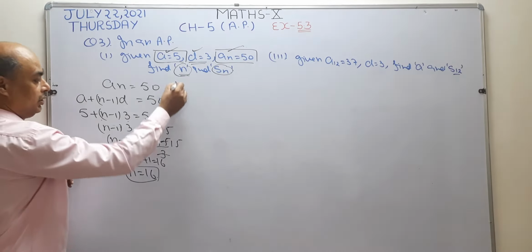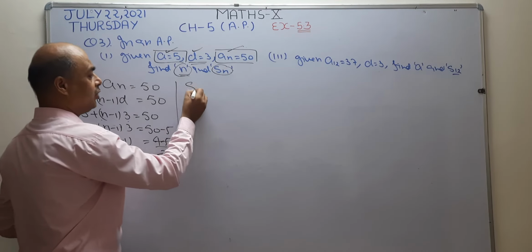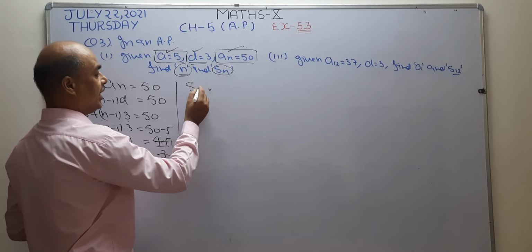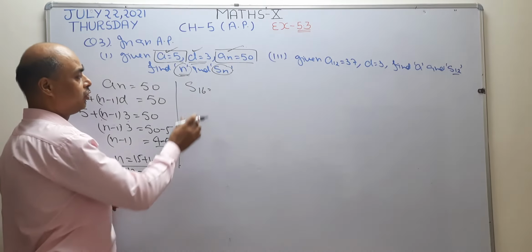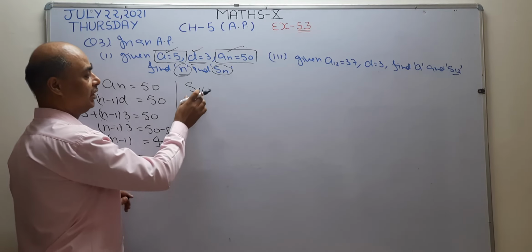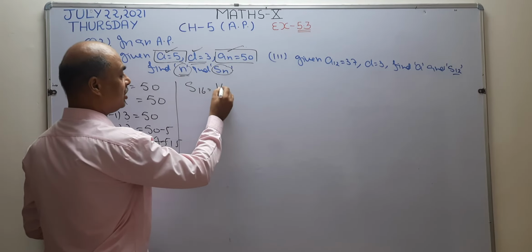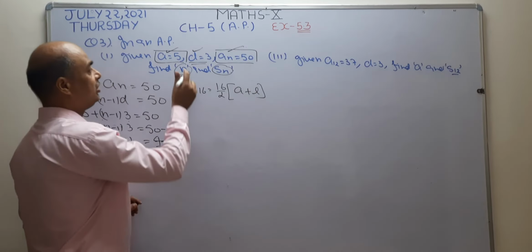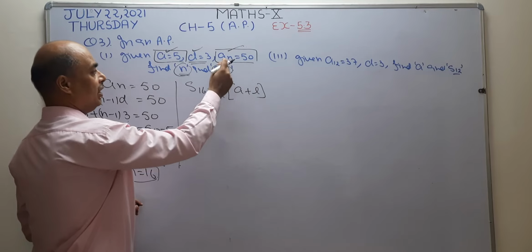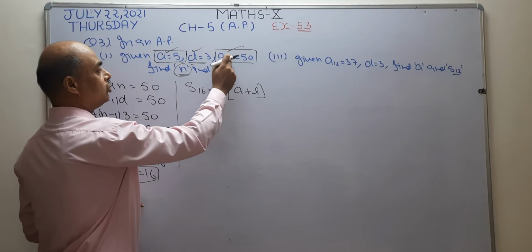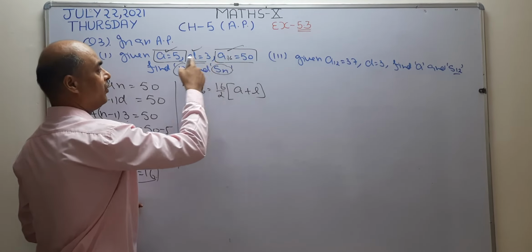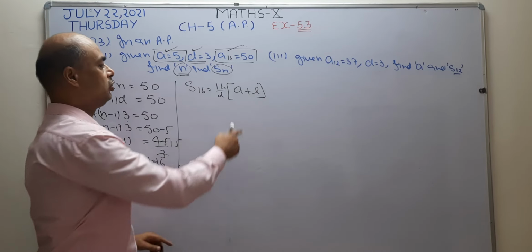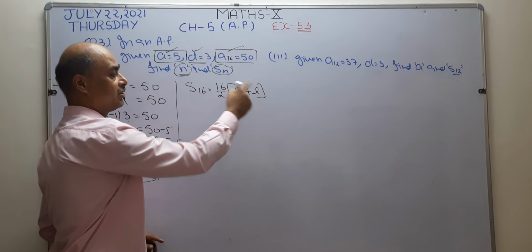Okay. Now next we are going to find the value of Sn. As n becomes 16, instead of n I can write 16. Now to find the sum of 16 terms of the AP, the formula is 16 by 2 into a plus l. Why do I use this formula? Because it is the last term. If n is 16, this is also 16. It means the last term and the first term of the AP are given. Because the last and first term of the AP are given, I want to use this formula, n by 2 into a plus l.